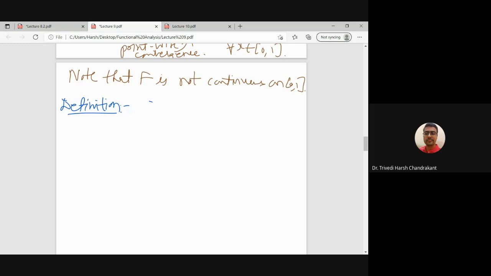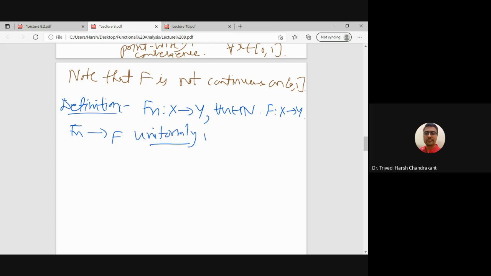So let us define what we mean by uniform convergence. Each fn is a function from X to Y. X and Y are metric spaces, and in that case we say that fn converges to function f. So here f is also from X to Y. So fn converges to f uniformly. The definition of uniform convergence is that for every epsilon greater than 0, there exists a fixed natural number n naught such that